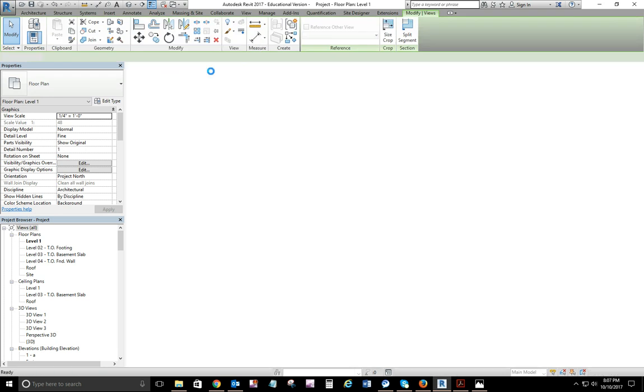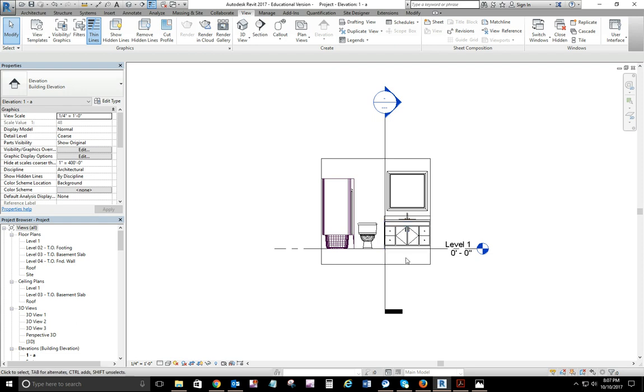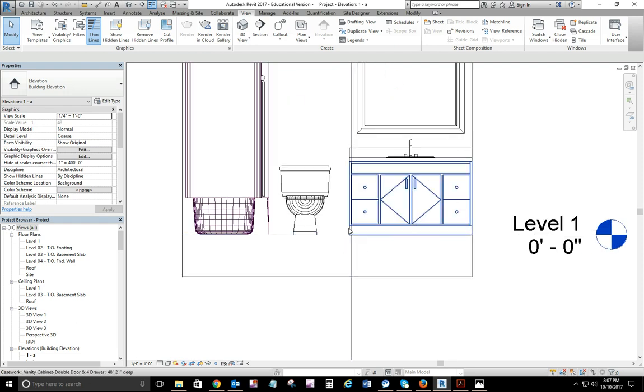You can pop in an elevation marker, or you can move a section view because you want to look at these things. Now we haven't applied floors yet, but when we do apply the floors,